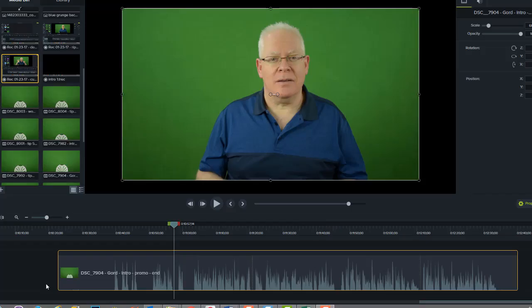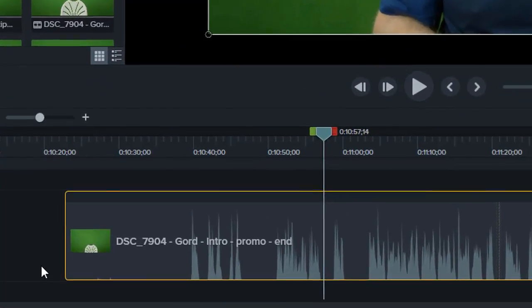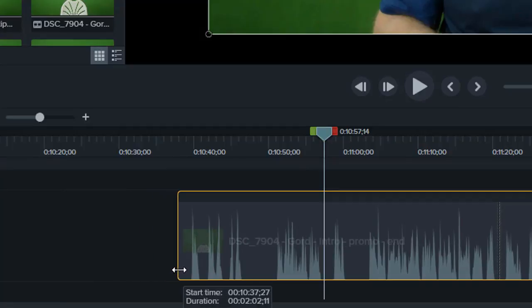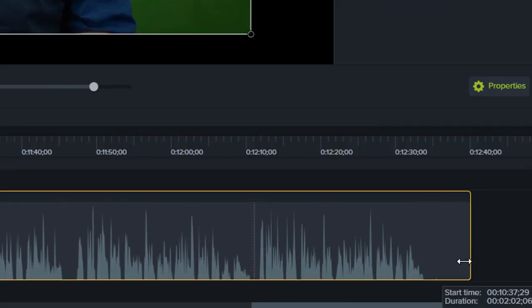And last but not least, the simplest way to trim content from the beginning or end of an individual clip is to move the mouse to the clip edge and wait until the double arrow appears and then click and drag to shorten. Please note that whether you cut, delete, or ripple delete, you may decide that you want to